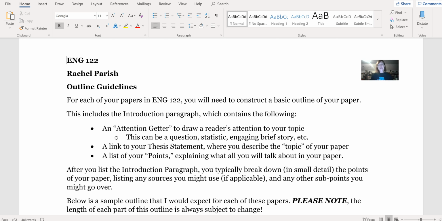So your outlines, the good news about all of this is that I like a very bare bones skeletal structure outline. And what I mean by that is I don't want you to write your whole paper out for this. You do not. That's what your draft's for. This is just a framework to show me your points. And I'm going to have an example below that I show you.